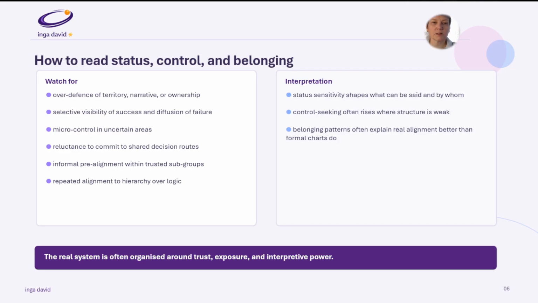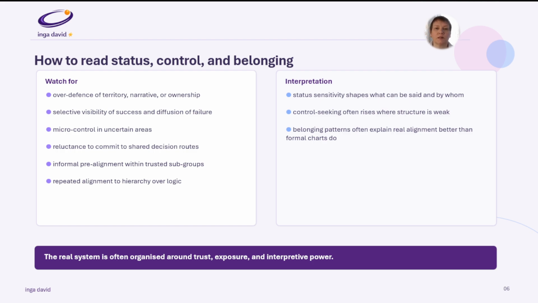How to read status, control, and belonging. Watch for over-defense of territory, narrative, or ownership, selective visibility of success, and diffusion of failure, microcontrol in uncertain areas, reluctance to commit to shared decision routines, informal pre-alignment within trusted subgroups, repeated alignment to hierarchy or over-logic,